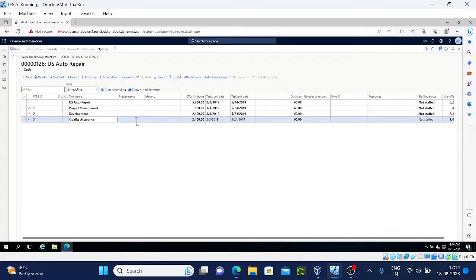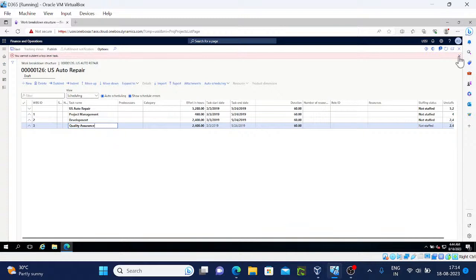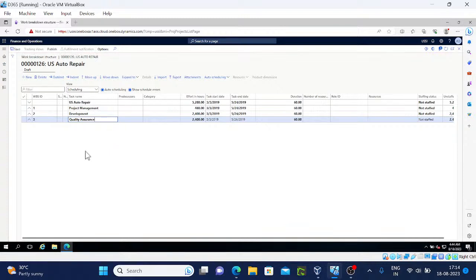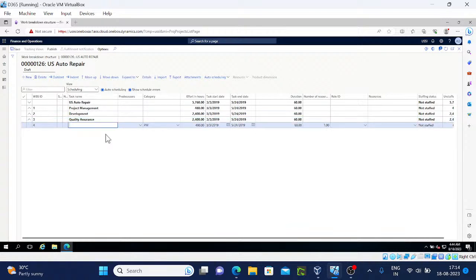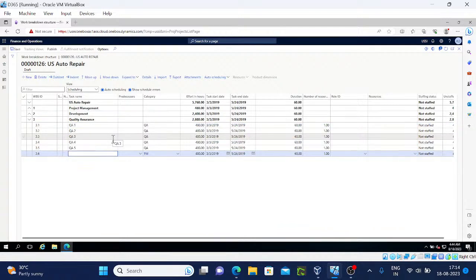If you want, sorry, we can make this like this, indent,